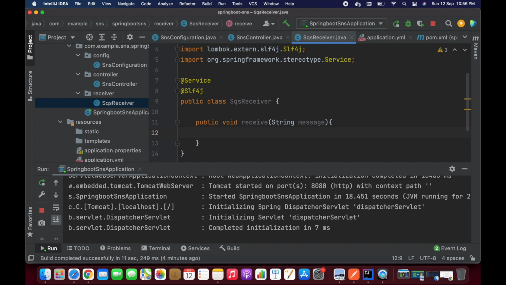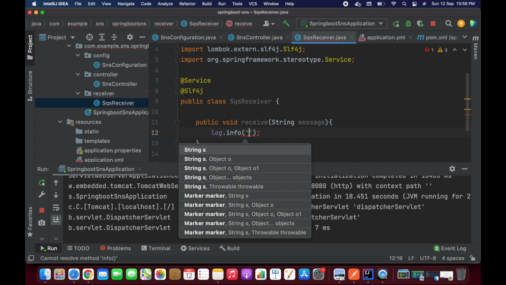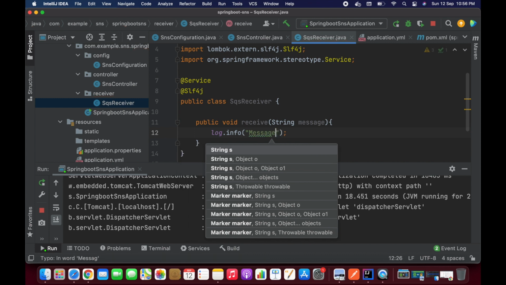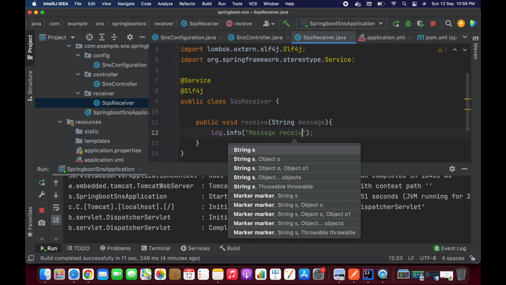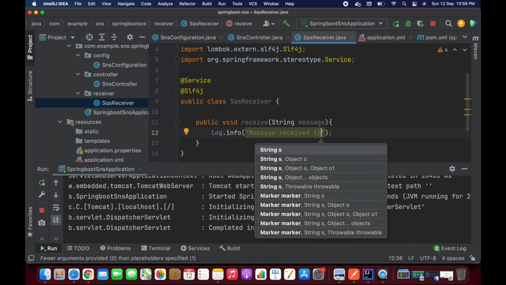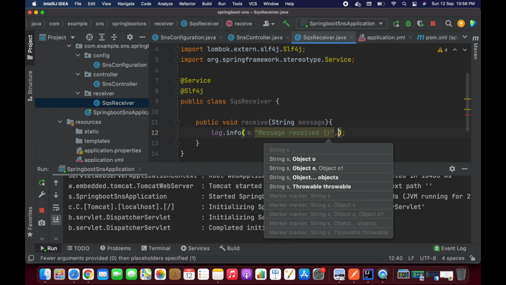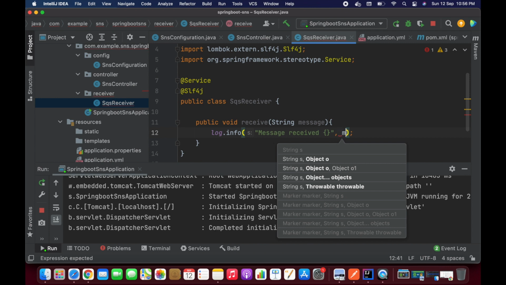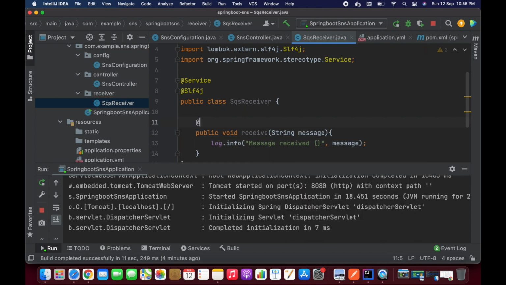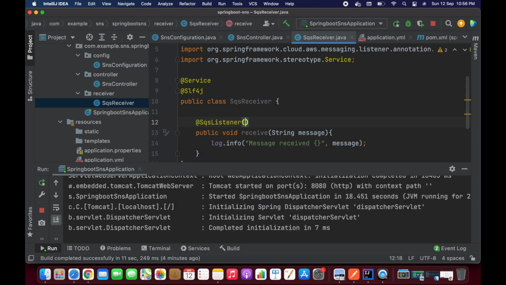And here I'm going to use log.info, message received. Let's provide message,